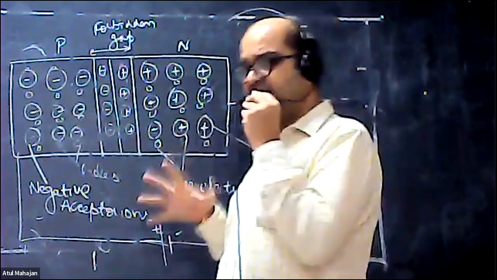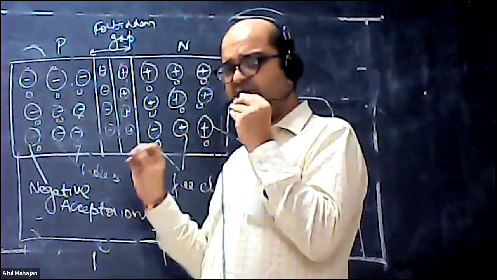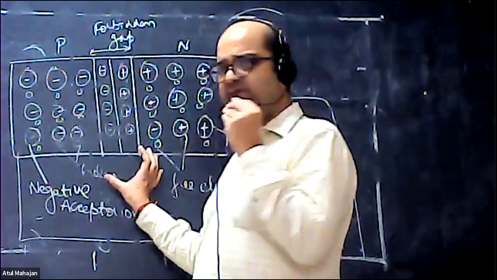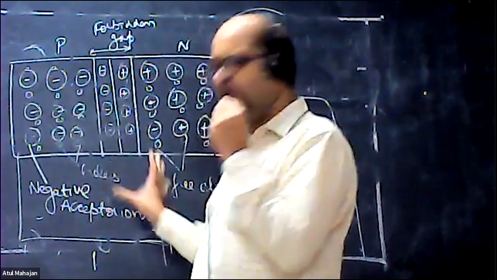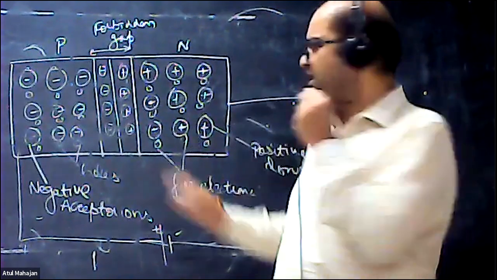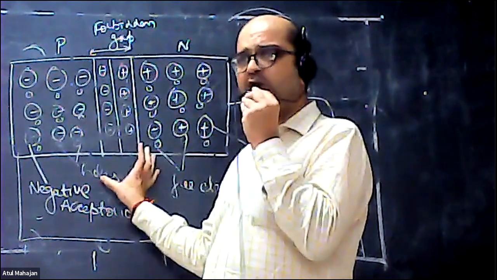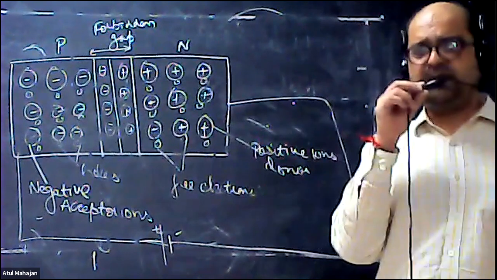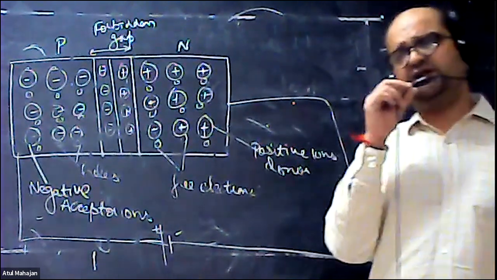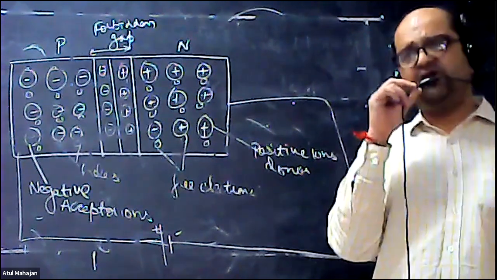Okay, so when we apply the reverse bias condition, what will happen? This forbidden gap will go on increasing, it will keep widening, and with this widening of the forbidden gap, the conduction will go on decreasing. The size of the P-type and N-type material will go on decreasing, the forbidden gap will go on increasing, and the conduction will decrease with the reverse bias. So it is always advisable to provide the forward bias to the PN junction diode instead of the reverse bias. We always provide the forward bias so that we can have a smooth conduction of current in the forward bias diode.